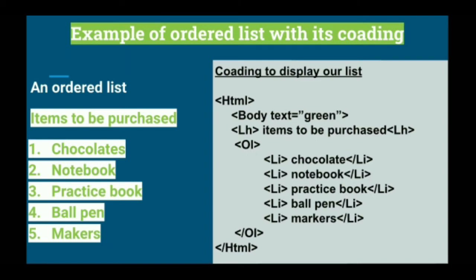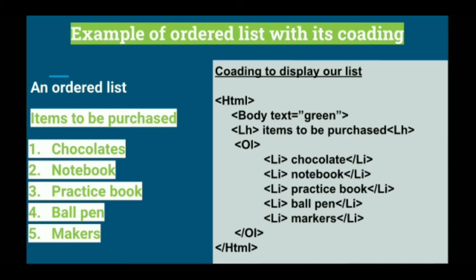So let's start here. Numbers are written, so which tag do we have to use, OL or UL? Yes, the OL tag, because it is written with numbers. The same example is there, you only have to change one tag. With the backspace key, remove your UL and instead write OL. Then we have the same tag to list the items, the LI tag, so no changes are needed. Then our closing OL tag and closing HTML tag.